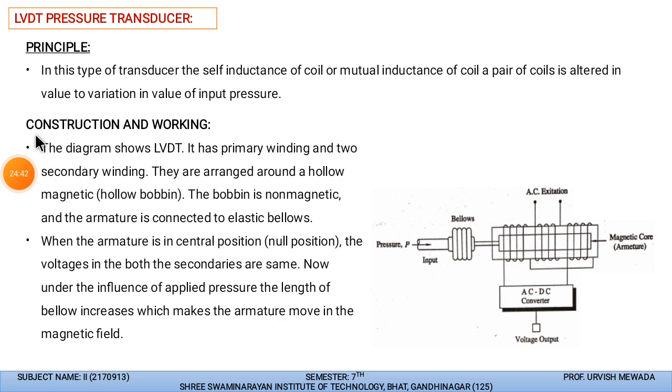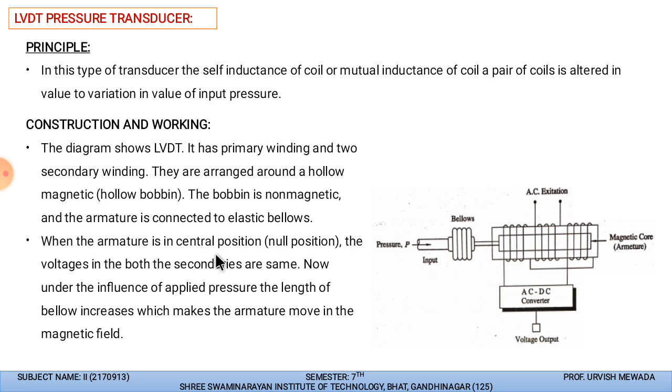Yes, we have already discussed that in the displacement measurement. Once the core is at the center, both windings on the secondary side will produce the same amount of EMF, so there is no output on the secondary side. But once the core moves in a positive or negative direction, that is, to the right or left side, one winding will have more EMF than the other, so it will give a differential output according to the movement of the core.